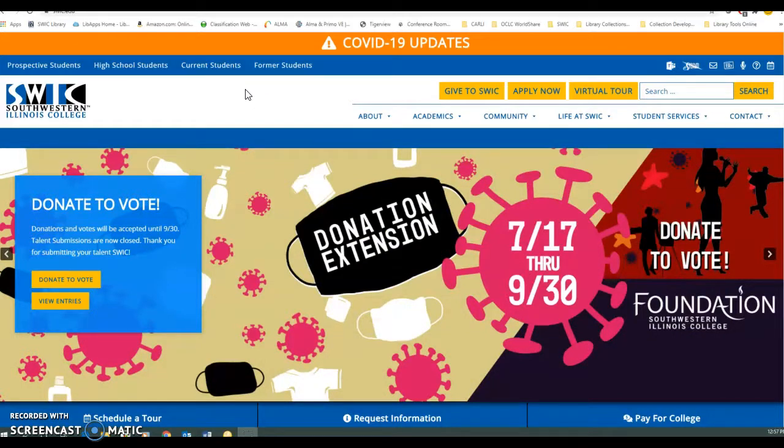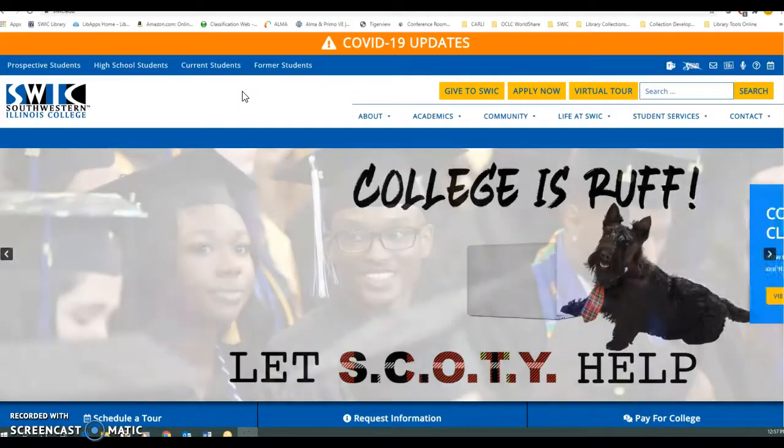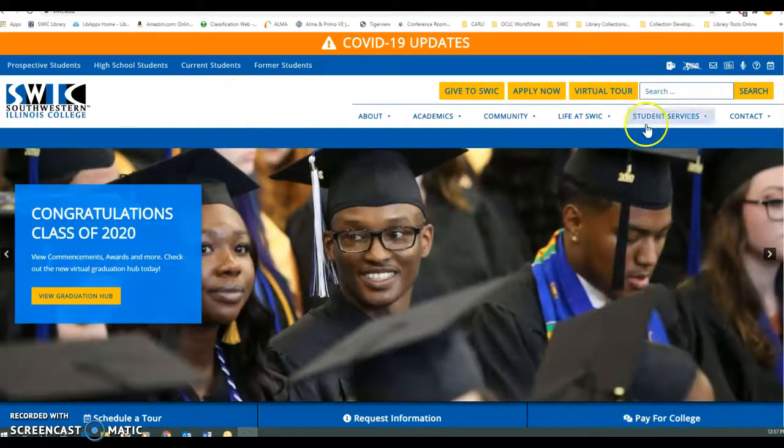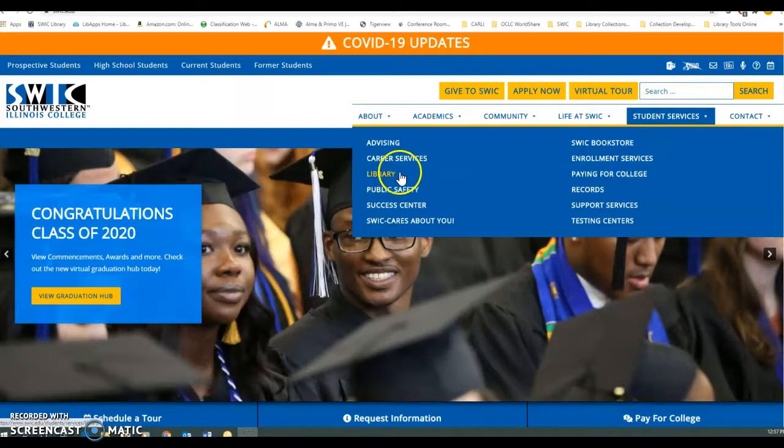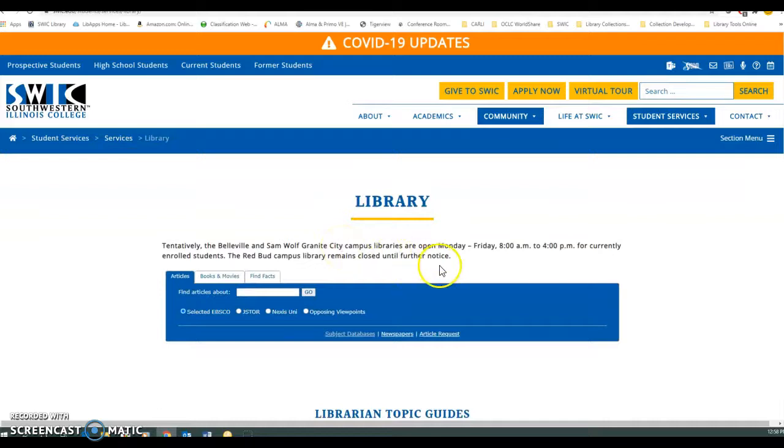Today I'm going to show you how to search for articles in the library databases. We're going to travel to the library website by going to swic.edu and then hovering over Student Services and selecting Library. Scroll down underneath the picture and you'll get to our search widget, which is this blue box in the middle